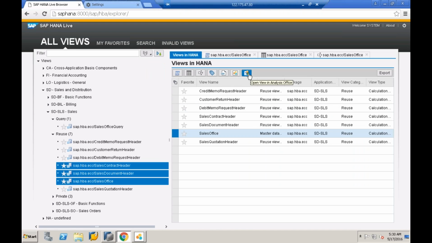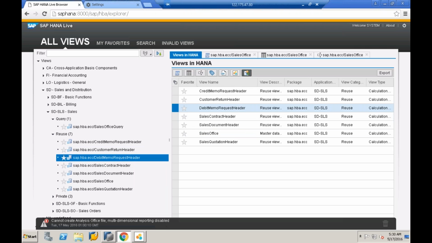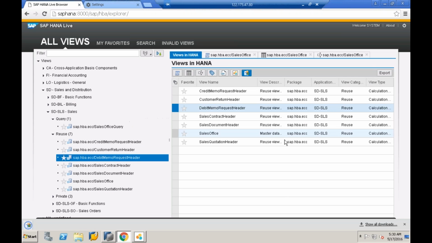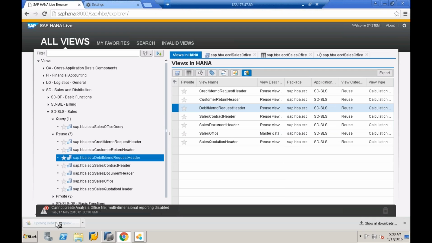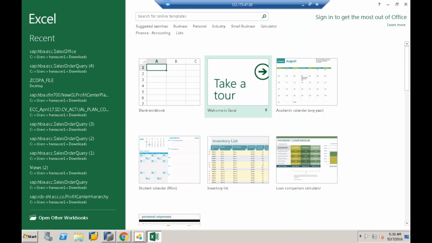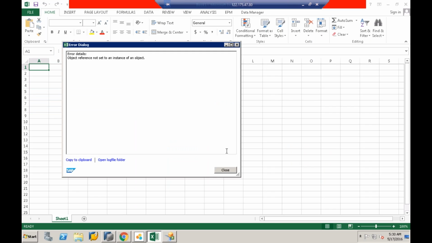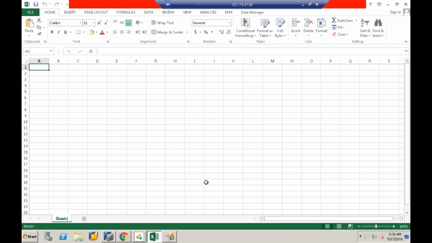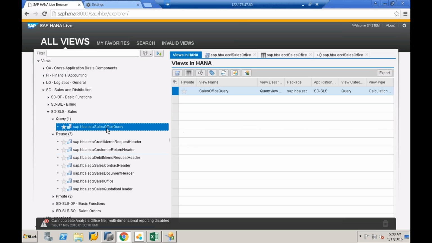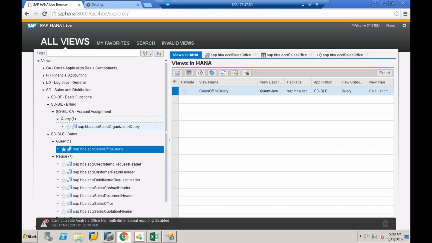And then you can also have Analysis for Office. You can select, click open. Open Analysis for Office. So these are inactive yet, so